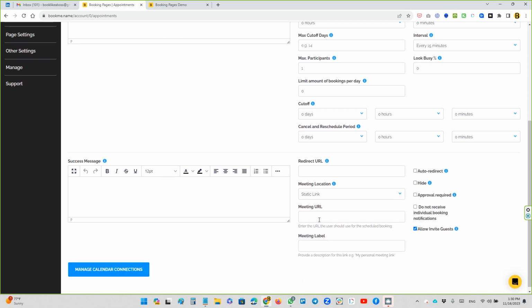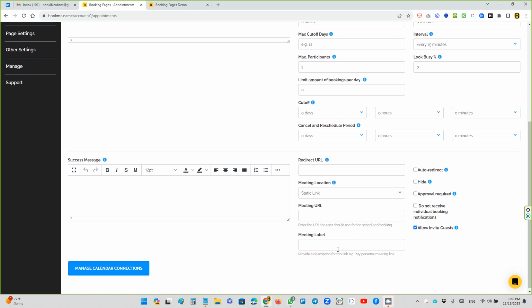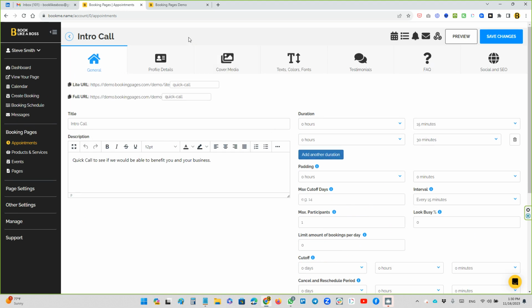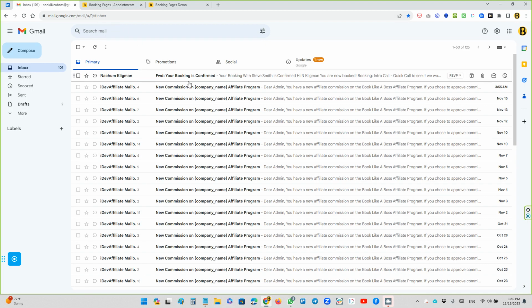and a static link, which means that you could put in, let's say you're using another tool like GoToMeeting or something like that. So you want to put your GoToMeeting link, you could put that in here, and you could call it what you want: My GoToMeeting link, or whatever other third party software you're using. And the cool thing is that it'll go into